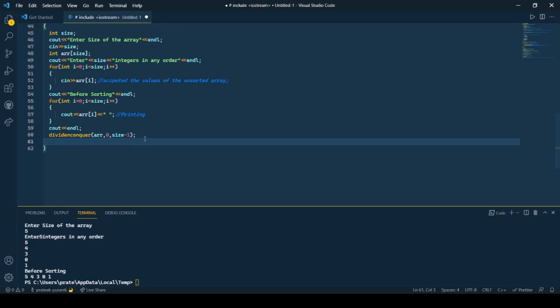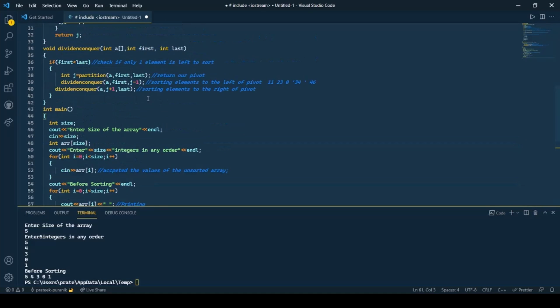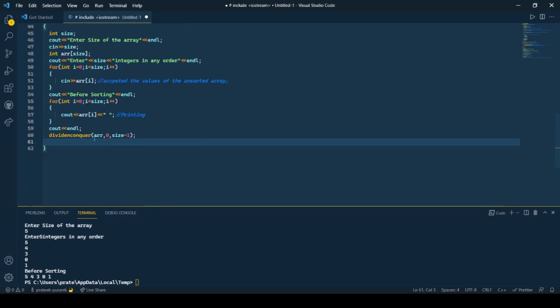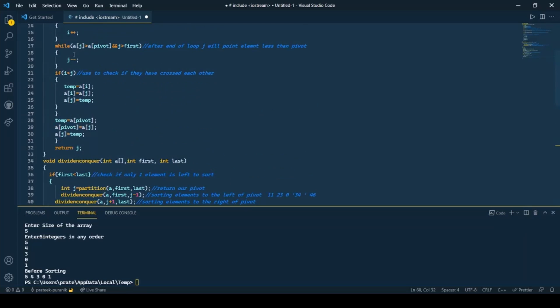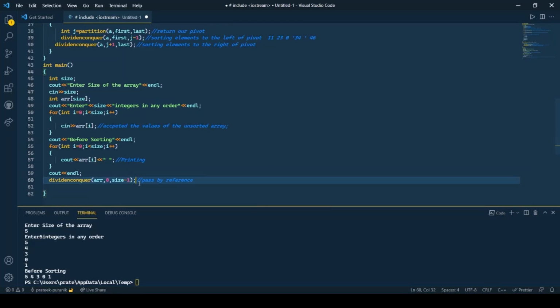Then after the entire array has been sorted, we must remember that this is a pass by reference. That means all changes made to the array will also be reflected in arr. So after this divide and conquer and partition process have been completed, the array is now sorted. So basically we need to print the values, that means the output.